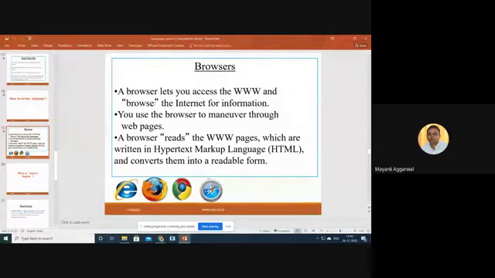You can access it through this World Wide Web. Now, these pages, the most common language which is used to make